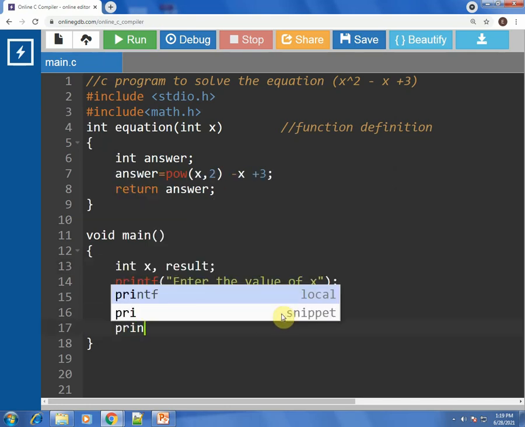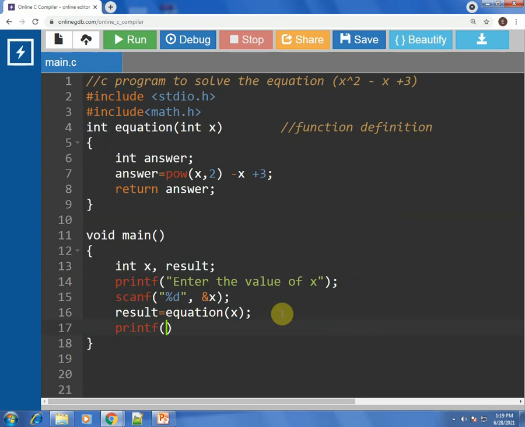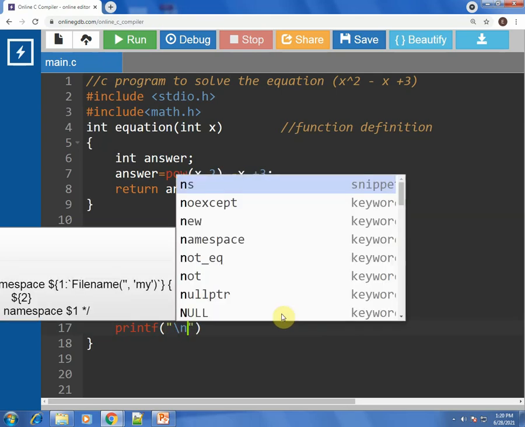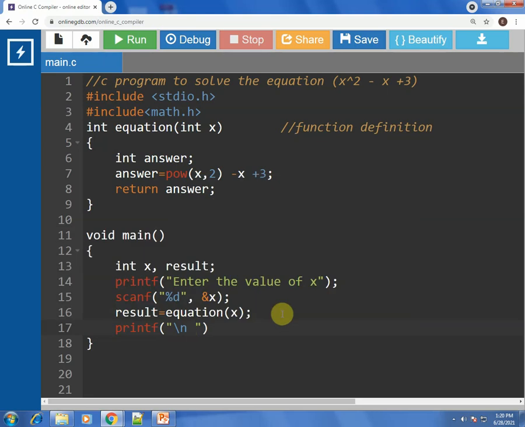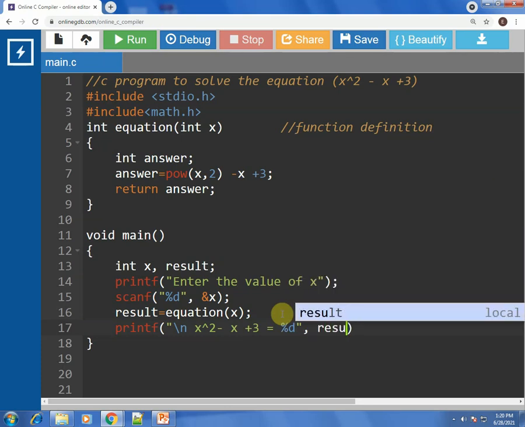Finally, let's print the value of this result variable: x raised to 2 minus x plus 3 is equal to %d. That's where we're going to print the value, and the value of the variable result will be printed in that place.